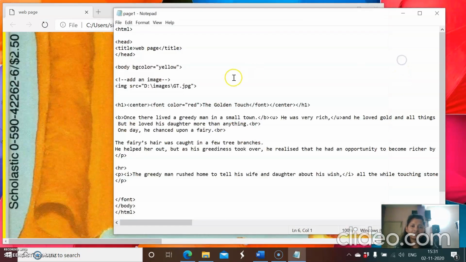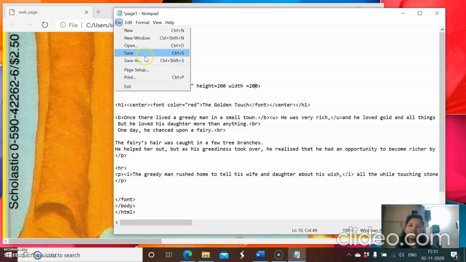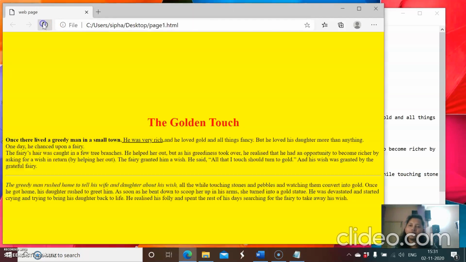I want to resize it, so I'll add its height equal to 200 pixel and width equal to 200 pixel. Okay, so fine. Now I will save it and I'll show you what happens.